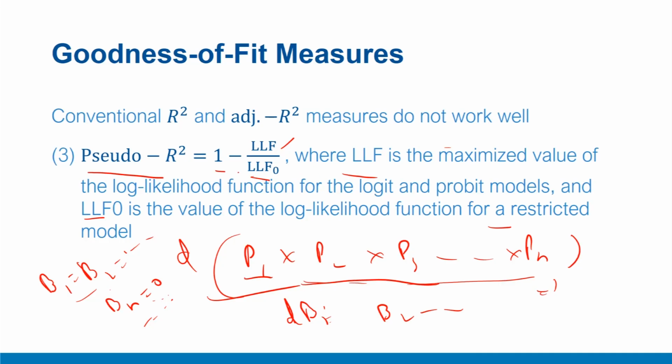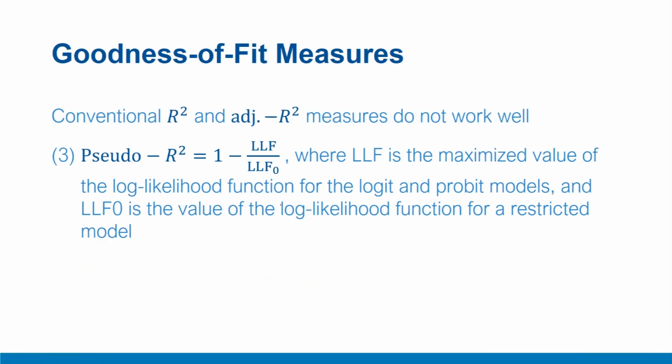Now, this expression has a very interesting property, and that goes like this. If your model is very poor, if your model is very useless, that means all the beta 1, beta 2, and beta 3s are not contributing to the explanatory power. In that case, your LLF value will almost be as close as LLF naught. That means your maximized value will be the same as LLF naught, because your parameters are not so useful. So that means whether you have these parameters in the model or not, the explanatory power of your model is not so good, and therefore your LLF maximized as well as LLF naught for the restricted model will be close to each other, and therefore this value will turn out to be 0. So this is one limit.